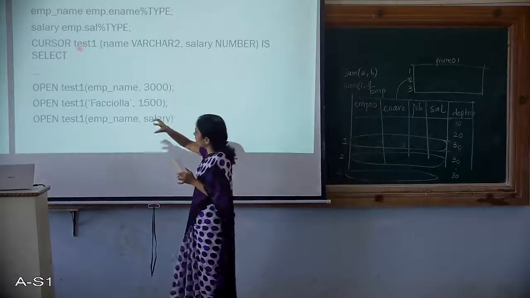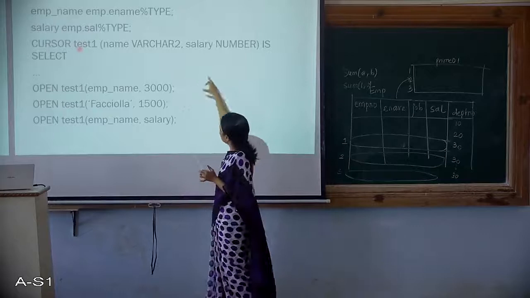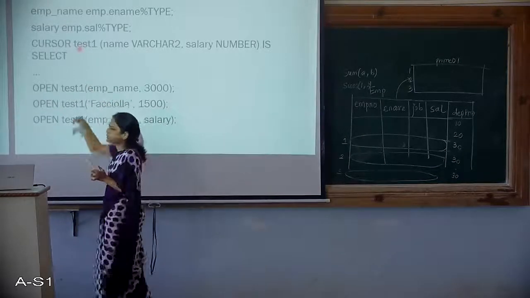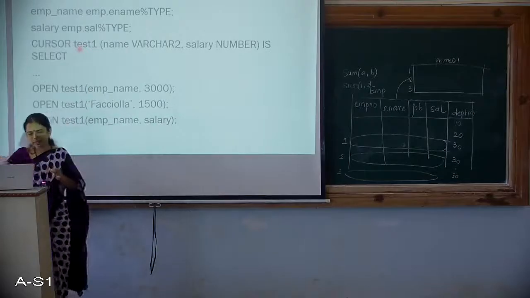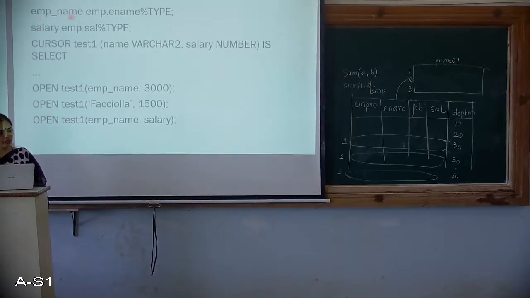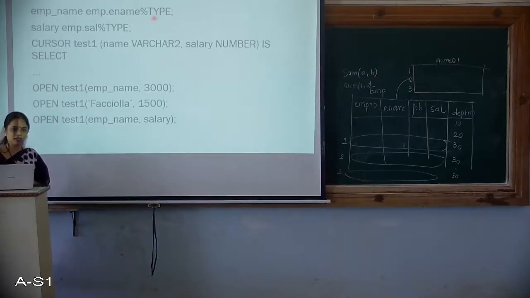What I am trying to say is the cursor here is being declared with parameters, and the select query has been left blank, as in there is some select query. Assume it to be any select query. Above that there is something. Can you see here? EMP name is a variable. This is using the type attribute, you can say, type attribute for cursors.